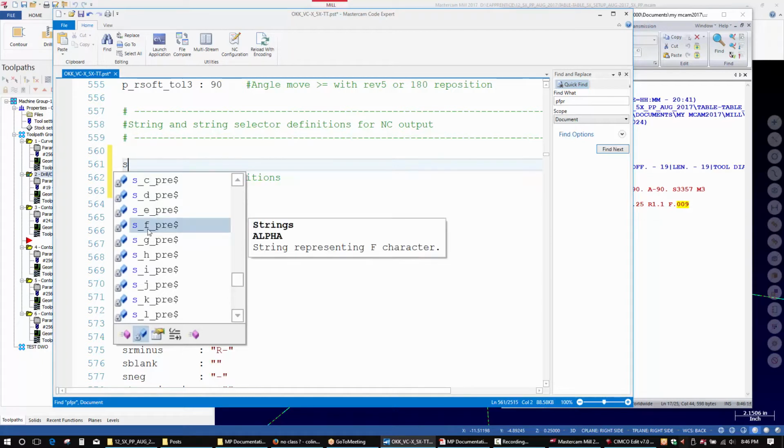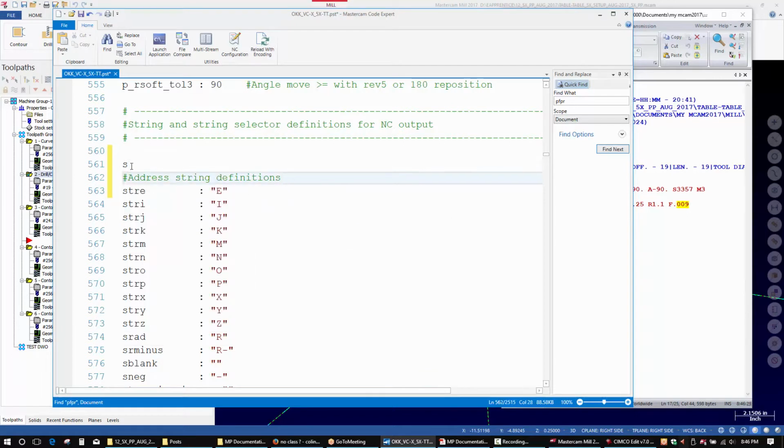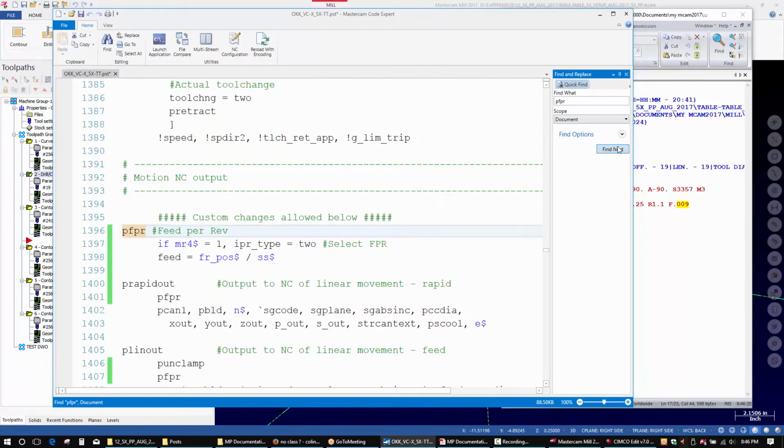So I can use S_F_PRE for the string for the prefix character F, and I can use S_E_PRE$ for the E character. So that's a new thing. So that's what we're going to do. We're going to go PFPR,